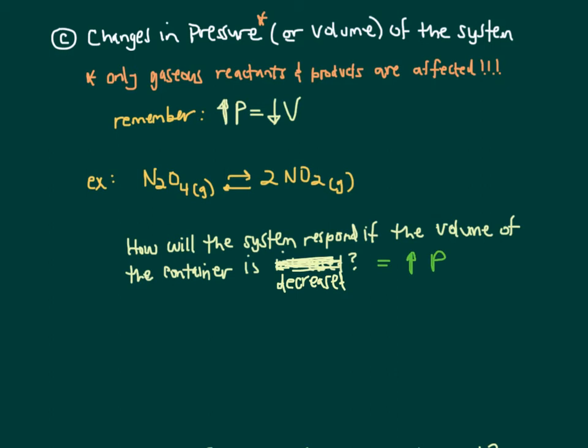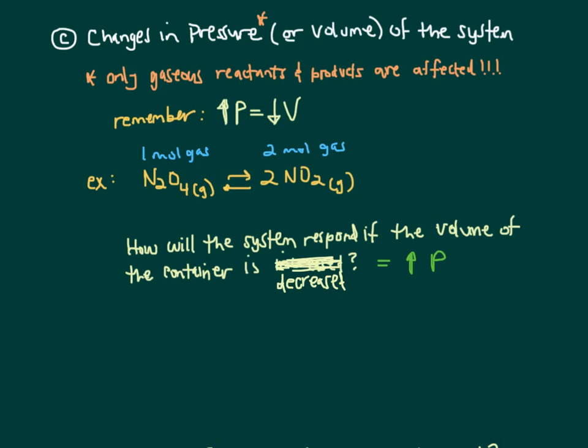Right? I'm compressing this gas. So we need to look at what we've got here. On the left side, we have 1 mole of gas. And on the right side, we have 2 moles of gas. So if we were to compress this system into a smaller space, it's going to want to shift in the